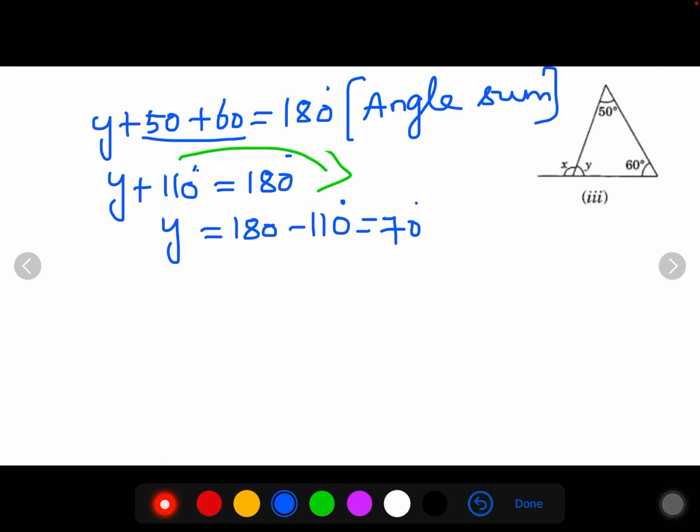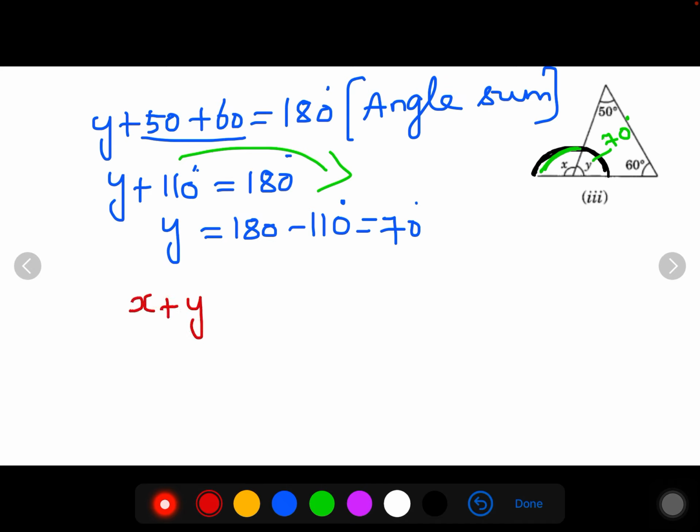Okay, so now see here we got this value as 70 degree. Now either you can apply the exterior angle property or there is one more pair you can apply. See here, what are these two pairs? Angles on the same straight line, they are called a linear pair. So the sum of the linear pair will always be 180 degree because they are angles on the same straight line. Okay, so now here y is 70 degree. Therefore the other angle on the same straight line, you have to subtract from 180 because they are a linear pair here. Okay, so you can use either linear pair.